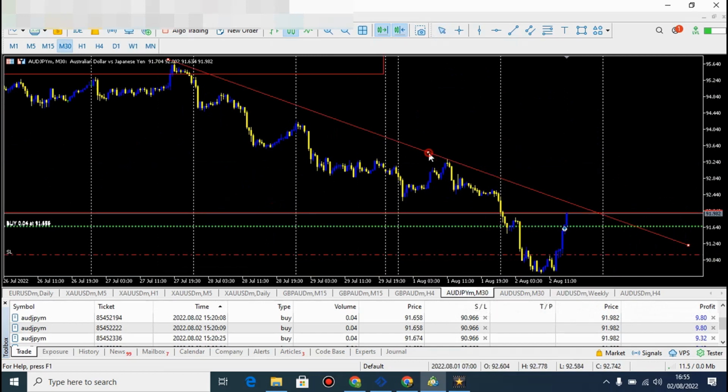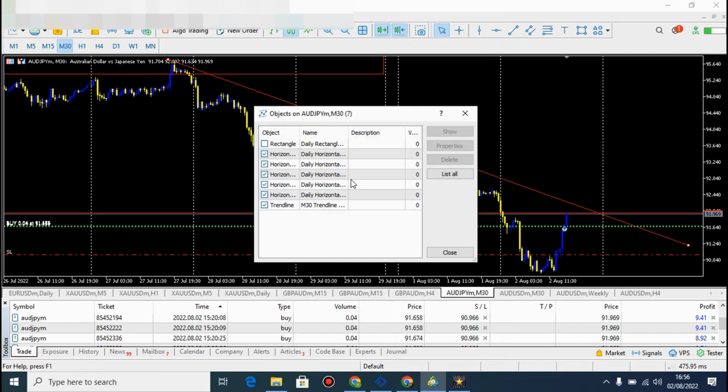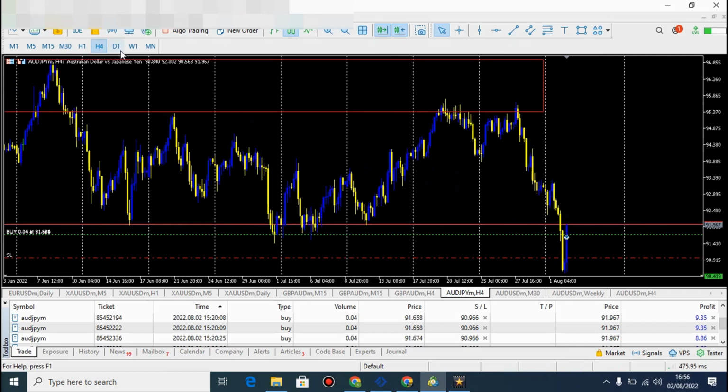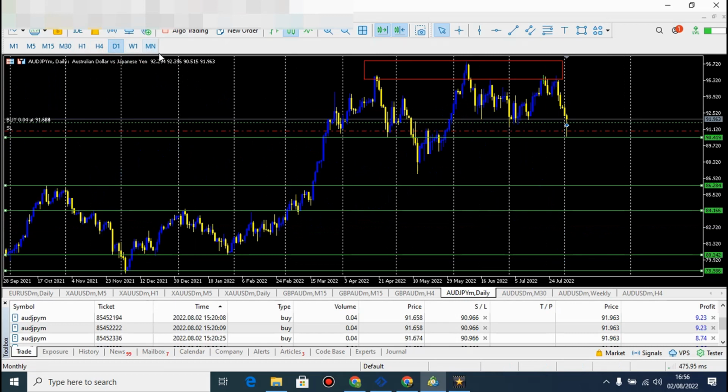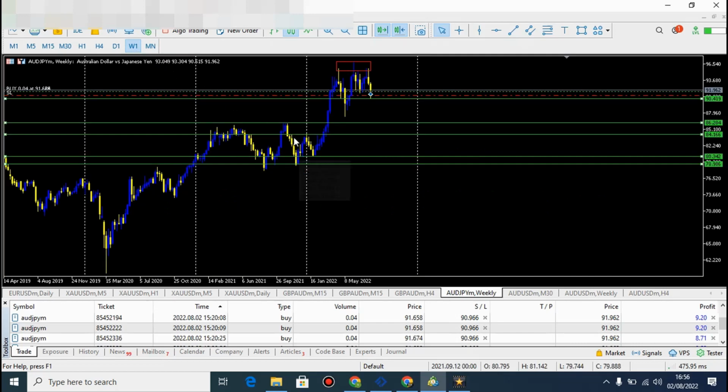I'll just take this one out. I'll go to object list and I'll take out the trend line. Okay, so when I'm drawing my trend line, I always start from the daily time frame or from the weekly time frame. It's loading, it's taking some time to load, but anyways,